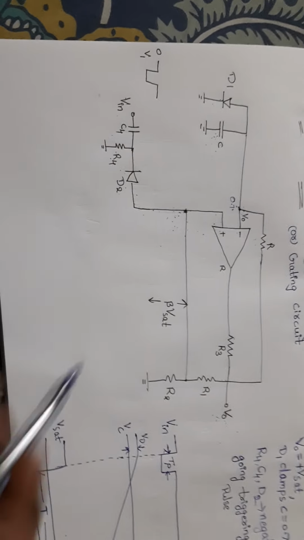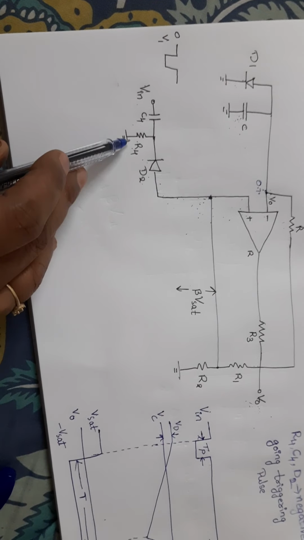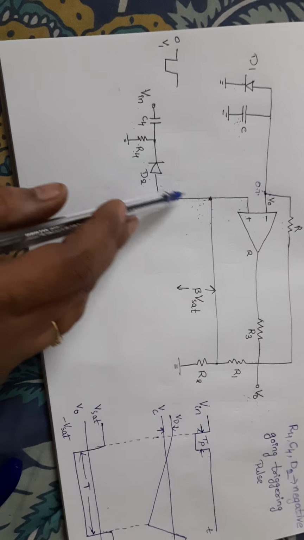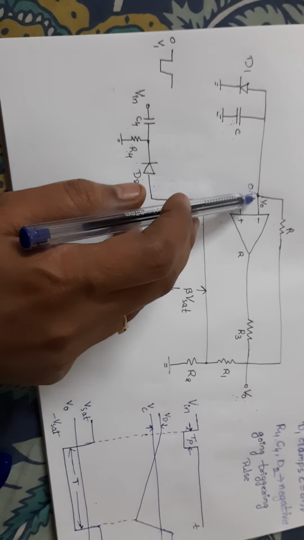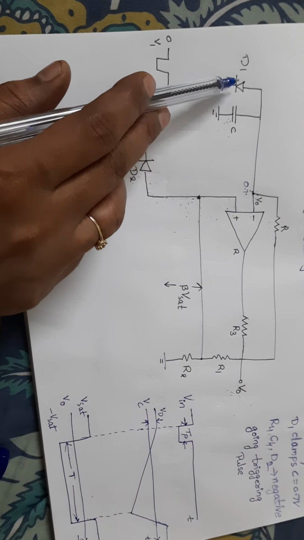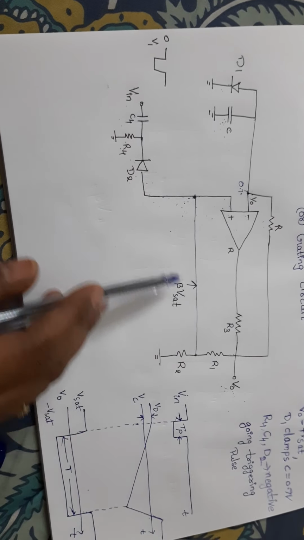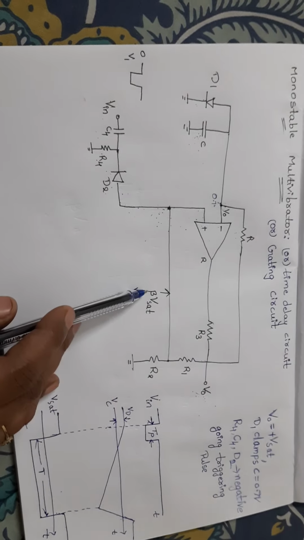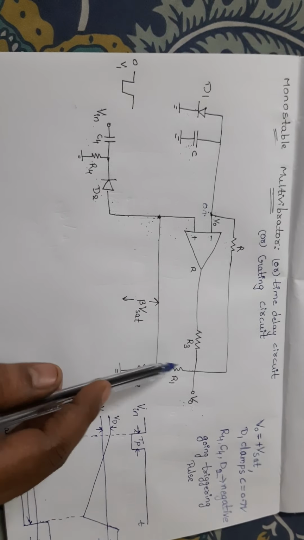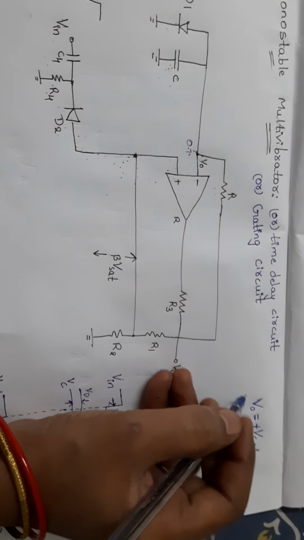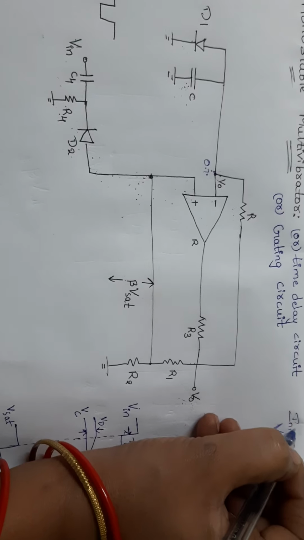The extra connections are D2, R4, C4 at the positive terminal side, and at the negative terminal side we are connecting an extra diode to this capacitor. So how this is going to work we shall see now. Let us assume that initially, this is the assumption,